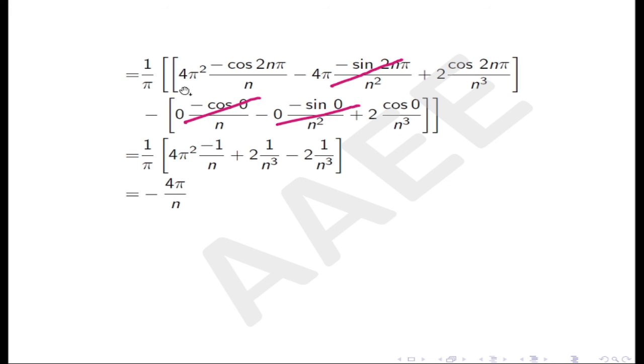1 upon pi, this one will be the 4 pi square minus 1 upon n because cos of 2n pi is 1, plus 2 cos of 2n pi is 1, so this can be written as 1 upon n cube, and this one is minus 2 cos of 0 is 1 upon n cube, so here again this negative positive term will get cancelled and it will be only 4 pi square is here, here is pi, this pi will get cancelled with this pi, and this one will be the minus 4 pi upon n, and the final answer is